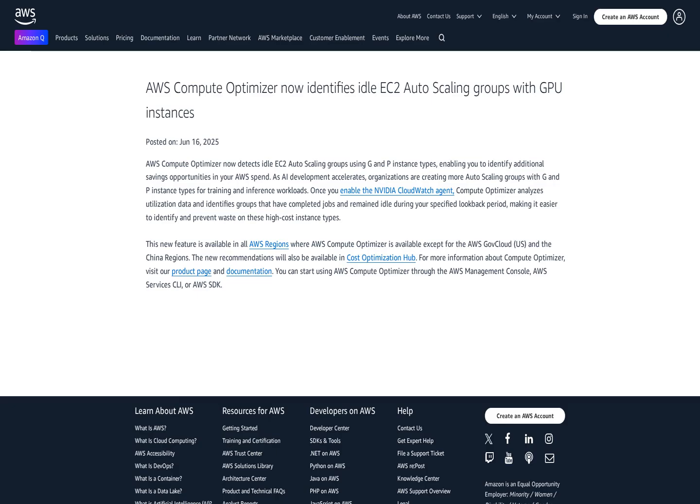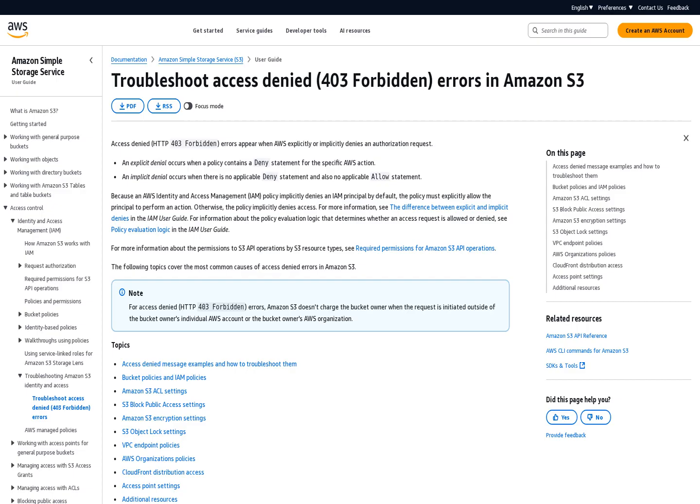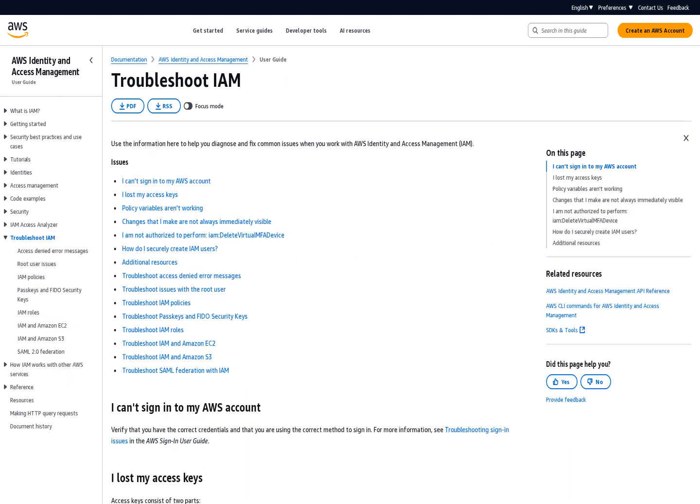Amazon S3 extends additional context for HTTP 403 access denied error messages to AWS organizations by providing the type of policy that denied access, the reason for denial, and information on the AWS identity and access management user or role that requested access to the resource. This enhanced context helps troubleshoot access issues, identify the root cause of access denied errors, and fix incorrect access controls